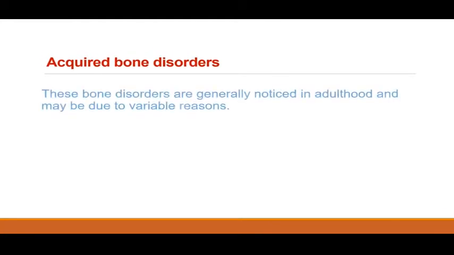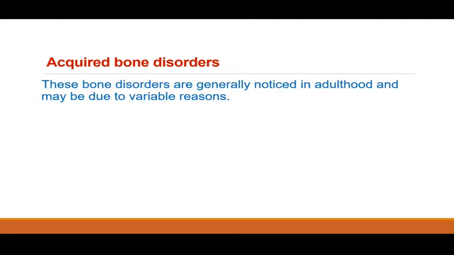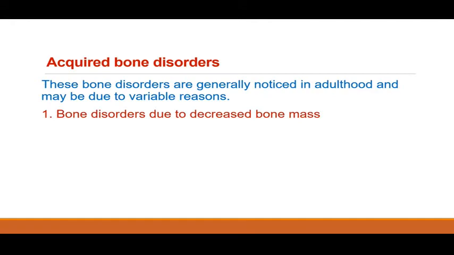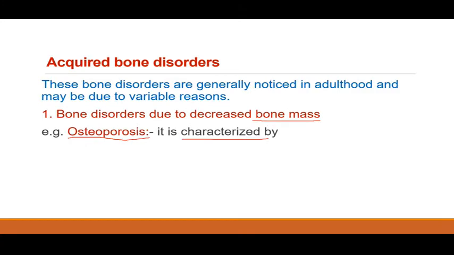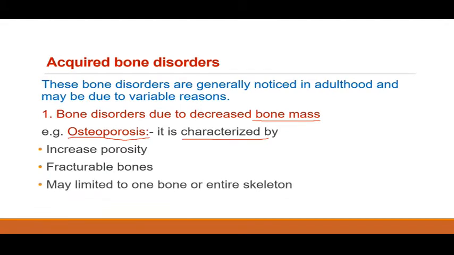In this section, we will study the acquired bone disorders. These bone disorders are generally noticed in adulthood and may be due to variable reasons. Let us take one by one. So first is bone disorders due to the decreased bone mass. For example, osteoporosis. It is characterized by increased porosity, fracturable bones, and may limit it to one bone or to